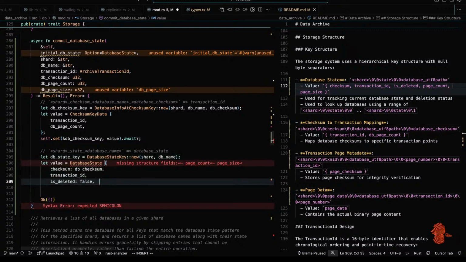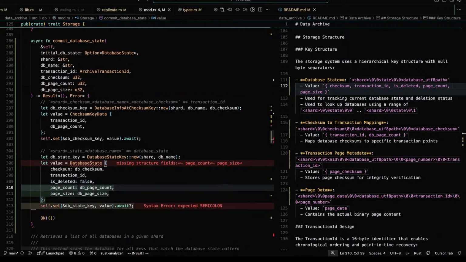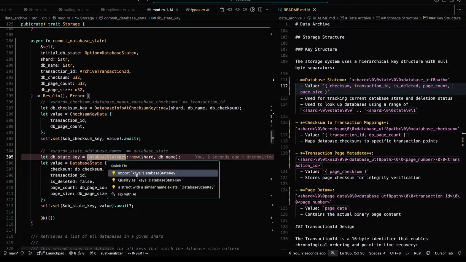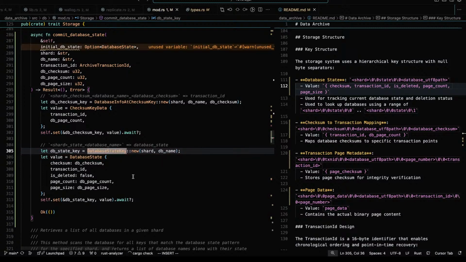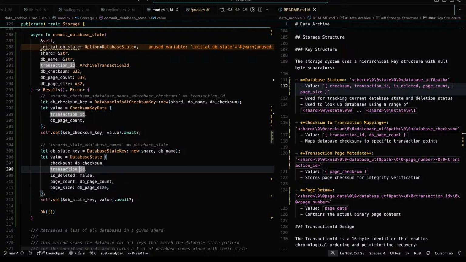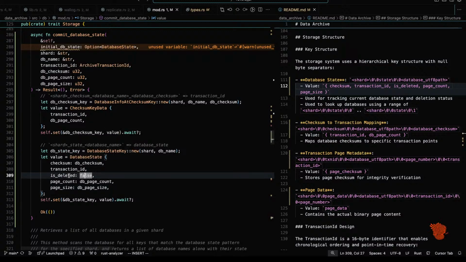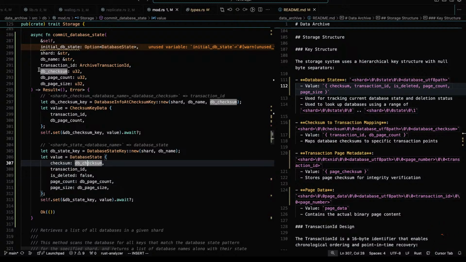Database state, missing fields. Is deleted. Yep. That's definitely not deleted. Page count, page size, checksum. Okay. Now we don't want to do that.